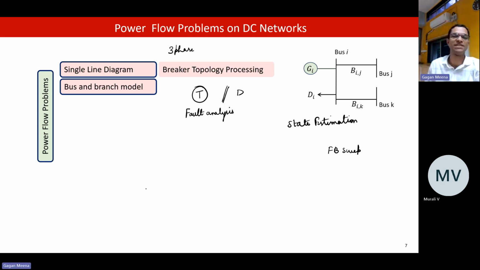So the major difference between transmission and distribution is that here, when we draw single line diagram, we consider that we are doing analysis for a single phase. One line we will take, on the basis that the system is balanced. That is the main difference. In the transmission system, we assume that it is balanced because